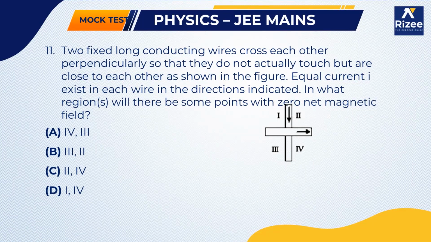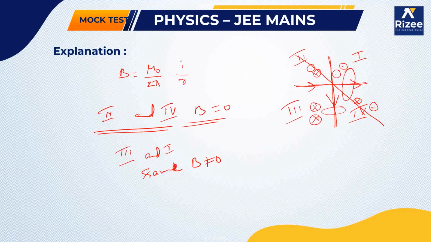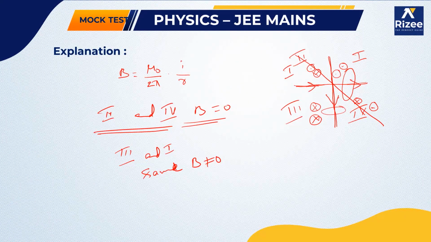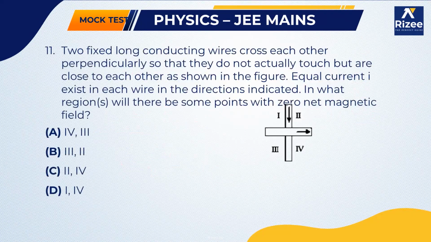Okay, I have taken it in the reverse order, so that needs to change. In the question, he has taken this one as the first coordinate, this as the third, this as the second, and this one as the fourth. So I need to convert this, so let me erase this. So this comes under the first coordinate where the magnetic field will be 0, and in the second and third coordinates the magnetic field will not be 0. So which option? That will be your option D.